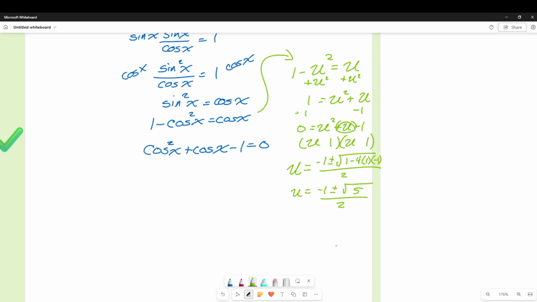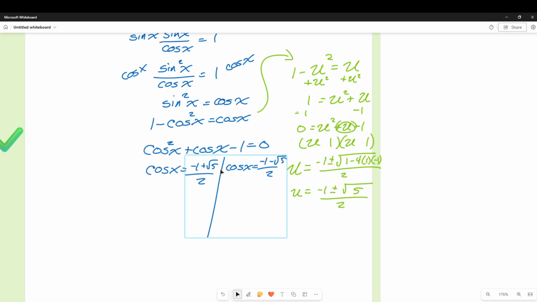Ugh. That's ugly. That would leave us with cosine x equals -1 plus the square root of 5 over 2, which we'd have to solve approximately. And cosine x equals -1 minus the square root of 5 over 2, which we'd have to solve numerically. By numerically, I mean you would have to get a decimal approximation for that cosine inverse,